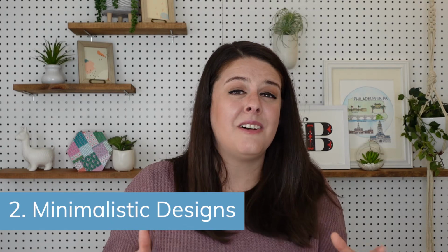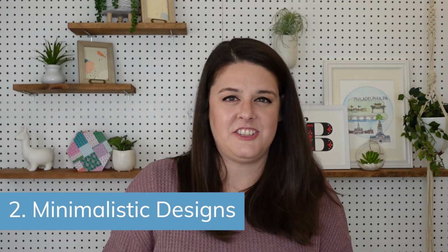The second trend that I want to talk about are more minimalistic designs. I love this trend because it's challenging. It might look like it's really easy to build a website like this, and in terms of code and development, yes, it is easy to build a website that doesn't have a lot of moving parts. But to actually edit down the content and create a layout like this is very challenging, and I'm definitely up